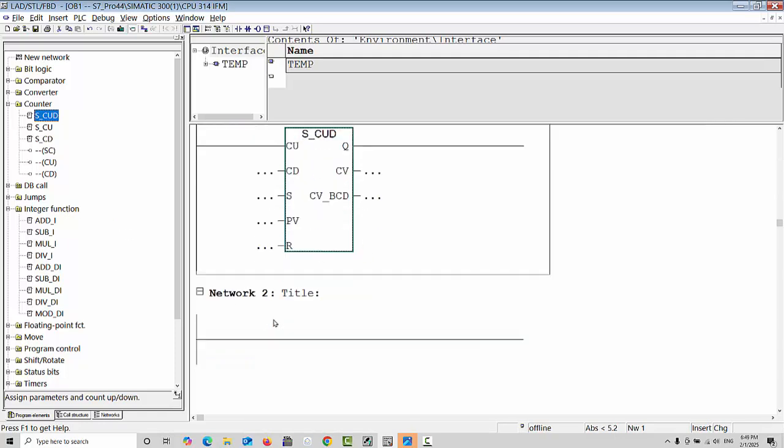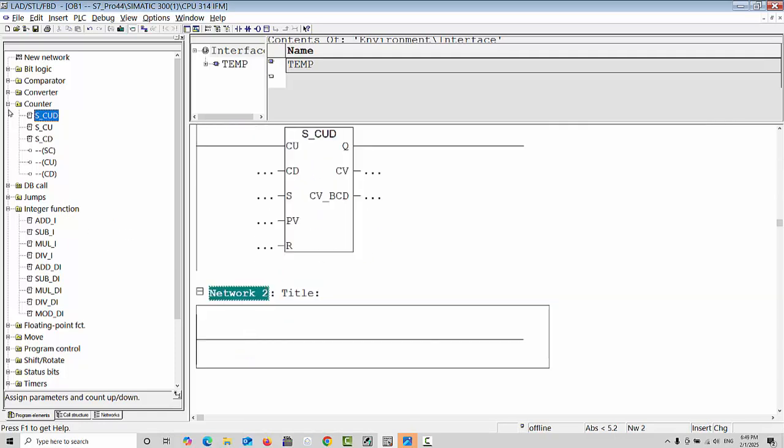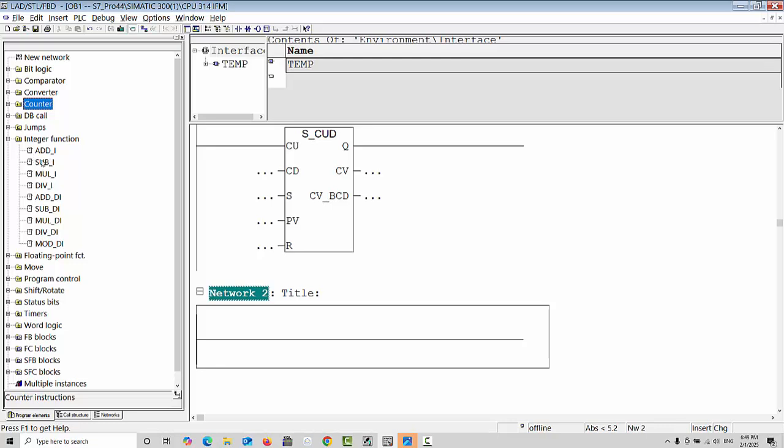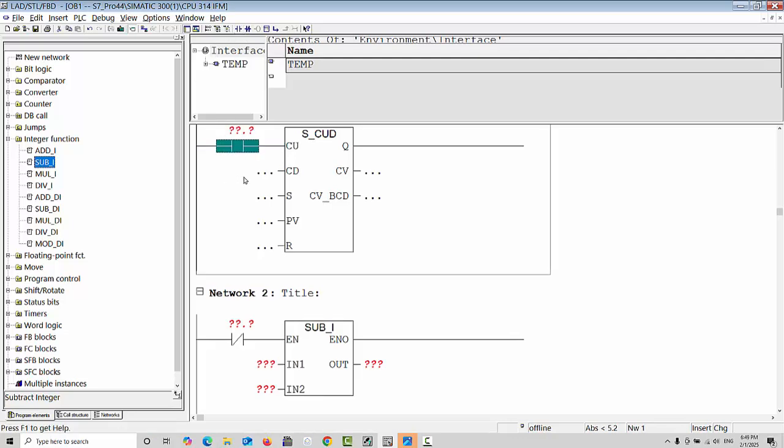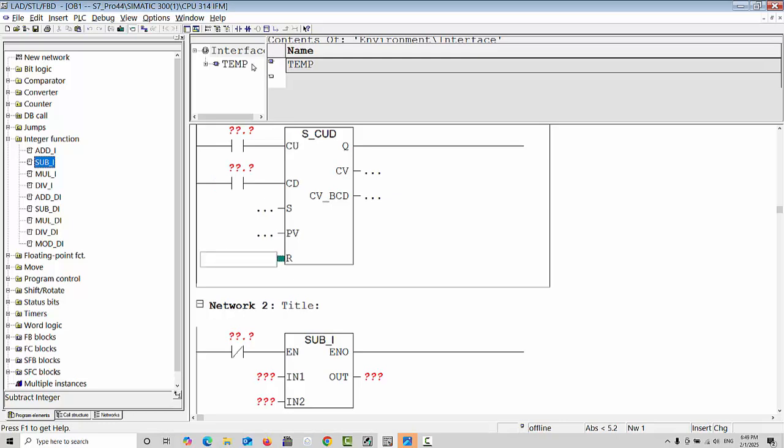counter, and in the second network we will take the subtraction command, right? And here, if you like to be direct, take it, otherwise if you like to be contact, close contact when we choose. And here we will take one open contact, and here also one open contact, and here also one open contact, and here we will take the data register